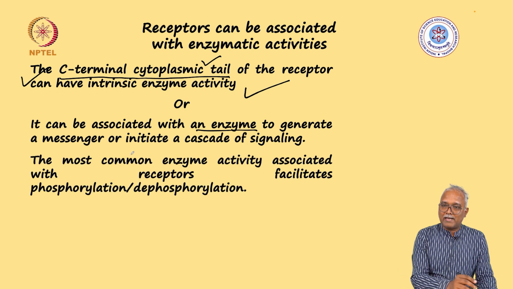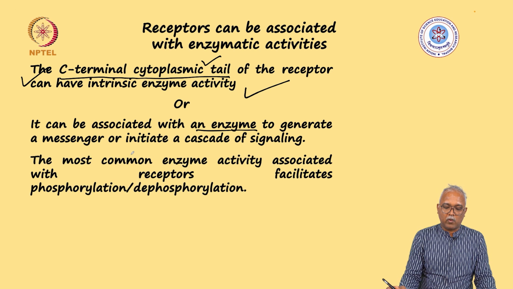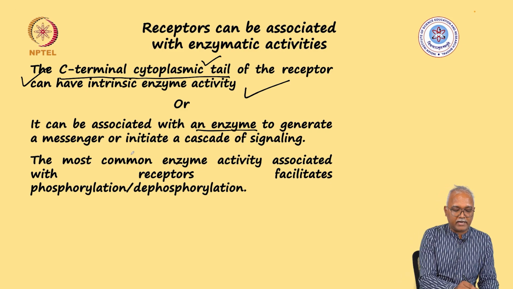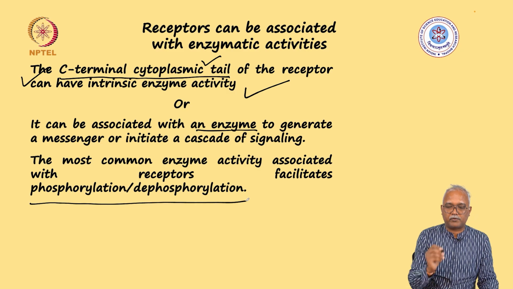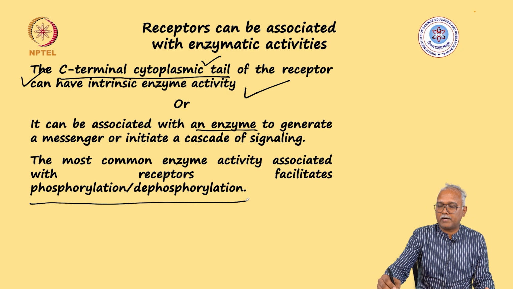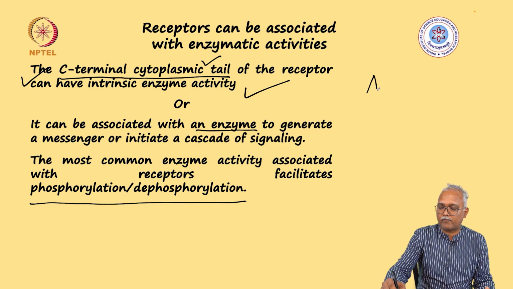The most common enzymatic activity in many receptors is to facilitate a phosphorylation-dephosphorylation cycle. You understand that phosphorylation is attachment of a phosphate group,